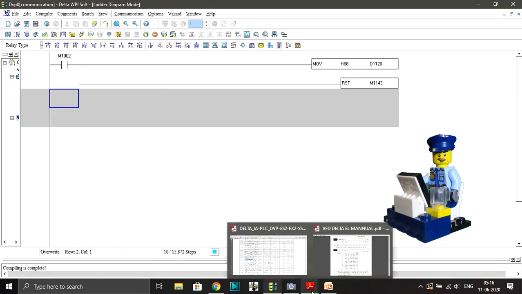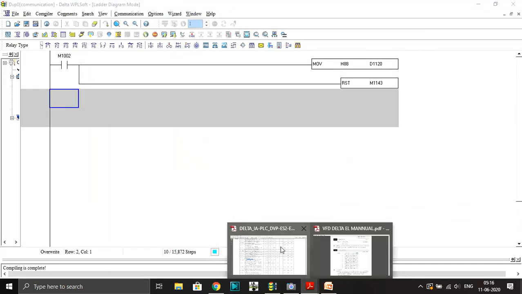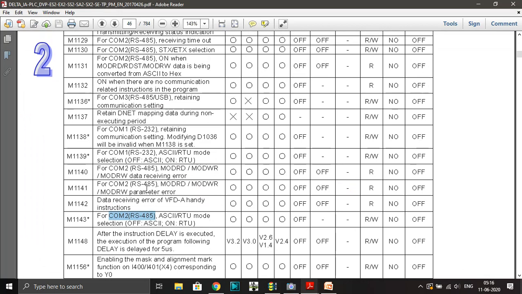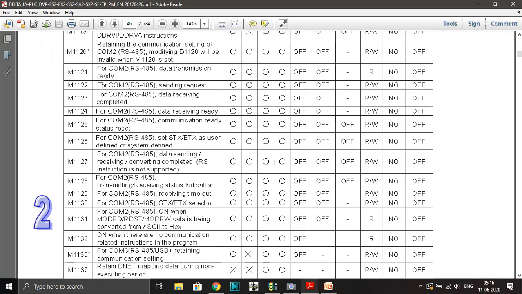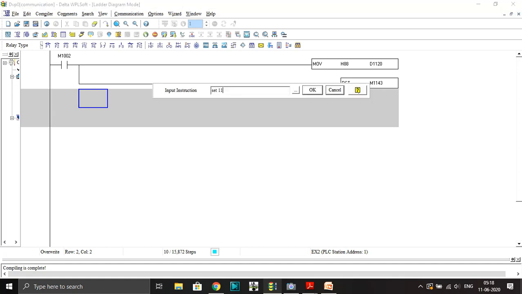To send the request we have one memory bit, 1122. That memory bit is for the communication to send a request. Every time we send a command for the frequency or operation, we have to send this request. Right now I'm not going to put any input, I will just set this bit.